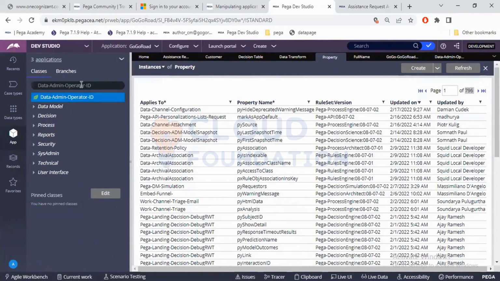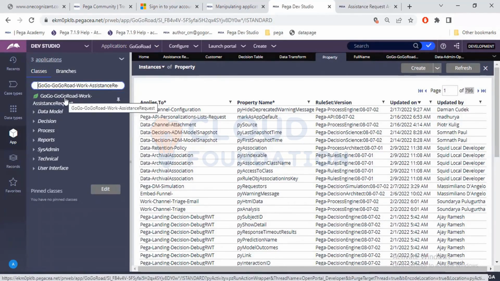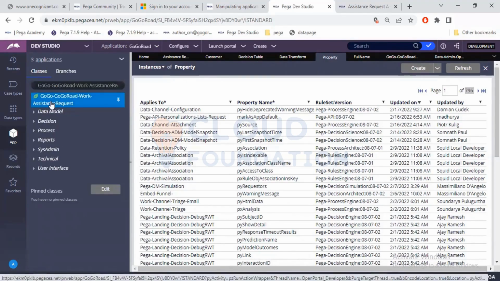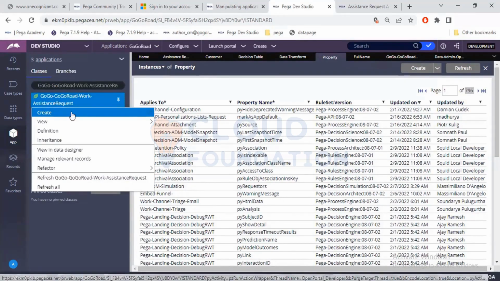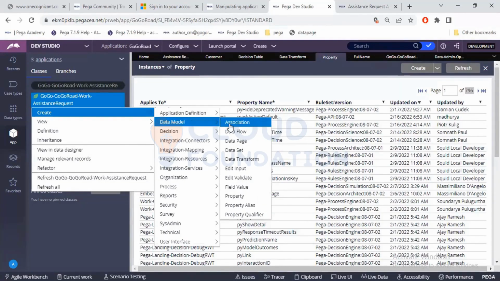Go to App Explorer. Open your class in which you are going to create. Suppose I want to create in this particular class, you open this particular class here. You right click here. If you right click here, you have a create option. You hover on create. You hover on data model. Similarly, in data model, you have a property. If you are creating like this,